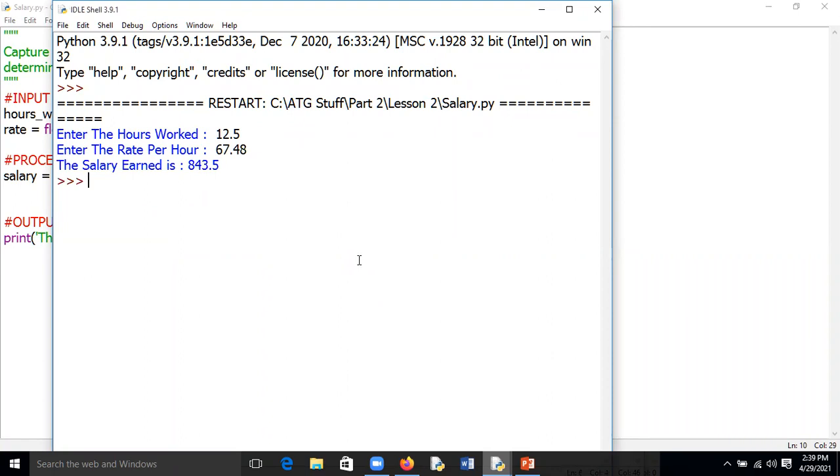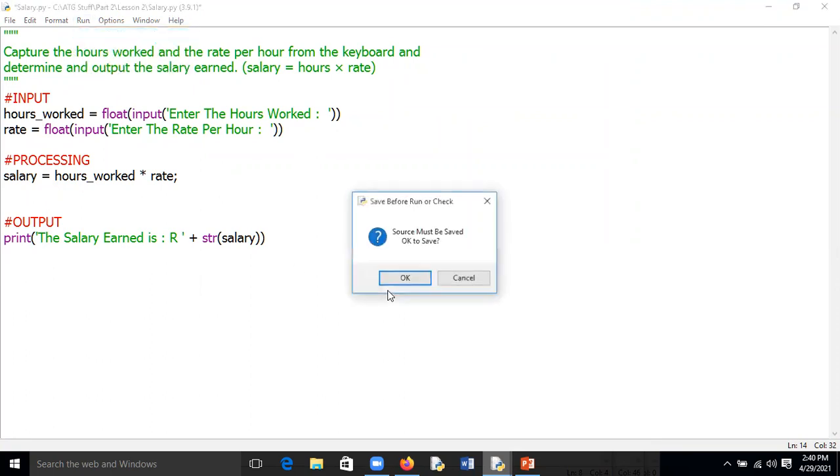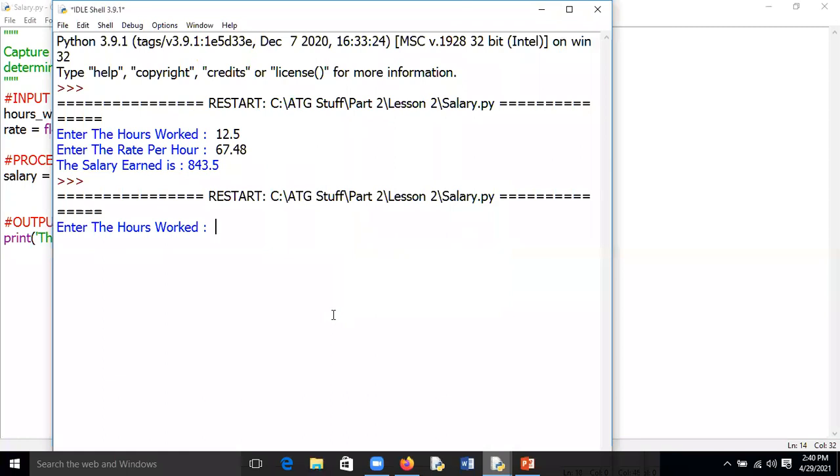And the salary earned is 843.5. It's actually not 0.5, it's 0.50. It's 843 Rand 50. But that 843 doesn't really look as user-friendly as possible. So I'm going to come here, check this out, and I'm going to put an R. So in other words, it's going to output the salary earned is, and the R would be there for the rands. Run this again,